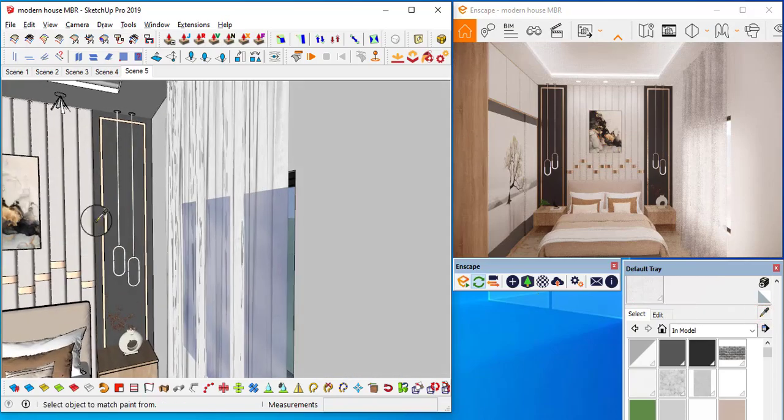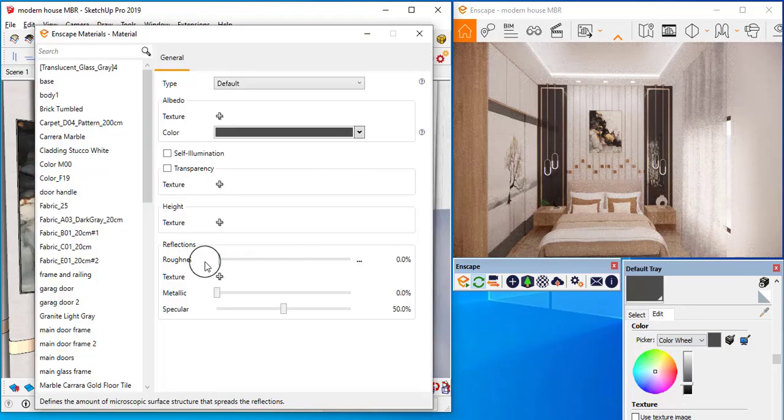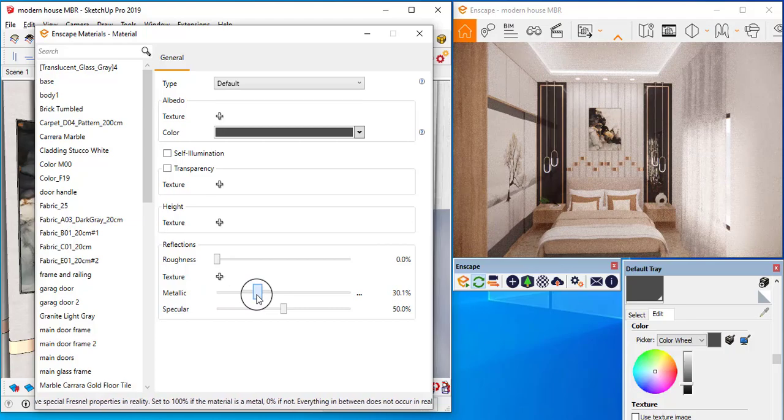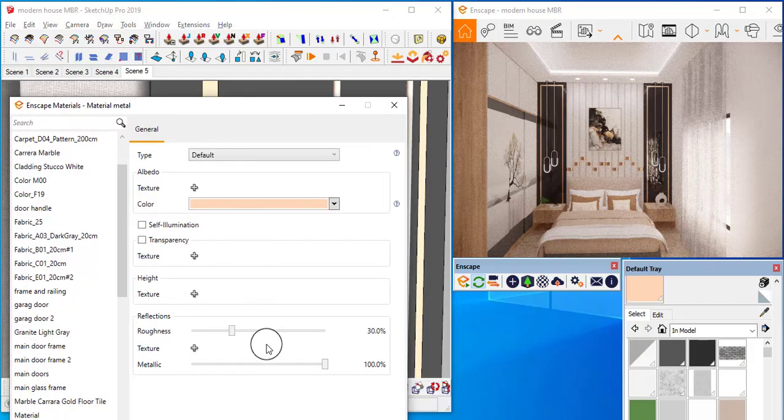And now I need to select these panels and go to materials, highly reflective, and I will use some metalness on it. If you use highly metallic, it will act like a mirror. See, if you increase more and more, it will act like a mirror. It depends on your taste, you can adjust it. I have already adjusted this material as metal, right? So if you want, you can increase further, like use full smoothness, so it will create a highly fine reflective effect on it. So I will use that.